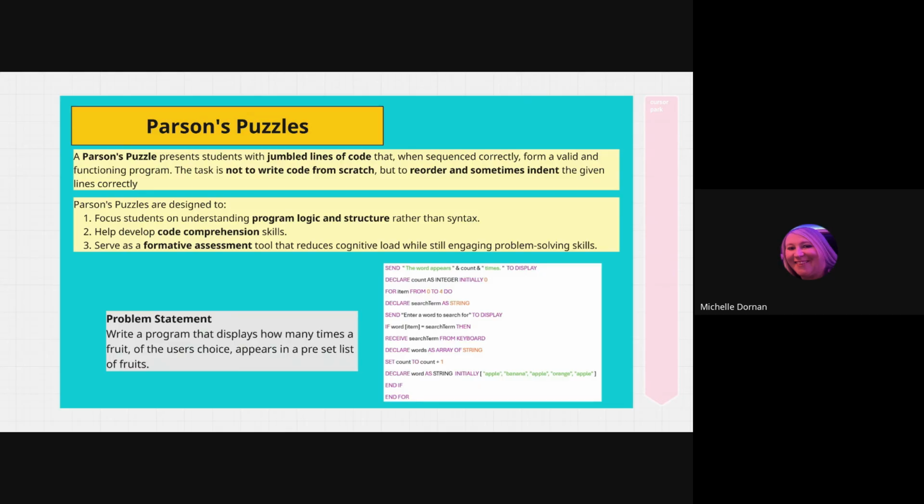I'll then tell them a couple of things that they should notice about the code. It's not got indentation and it's not in the correct order. So if we take the example on the screen, you can see what the programme is expected to do, display how many times a fruit of the user's choice appears in that preset list. So depending on how much scaffolding you need to give your students as a whole class, as a group, as an individual,